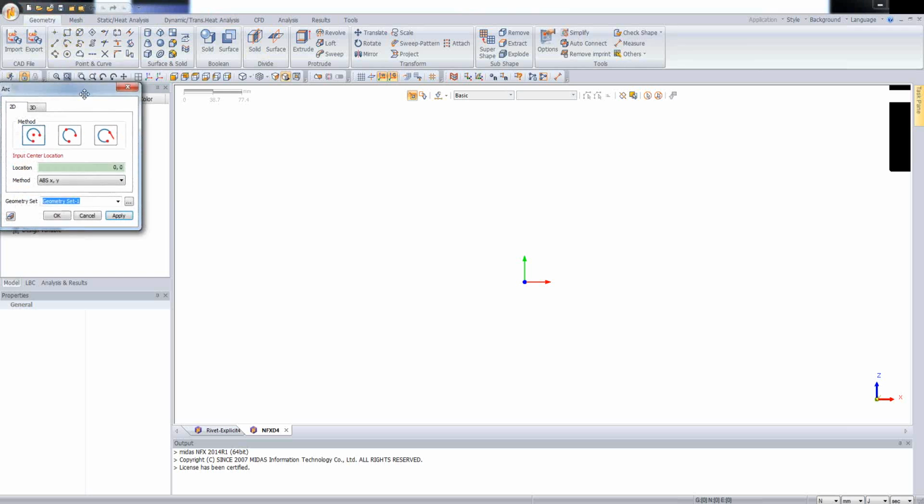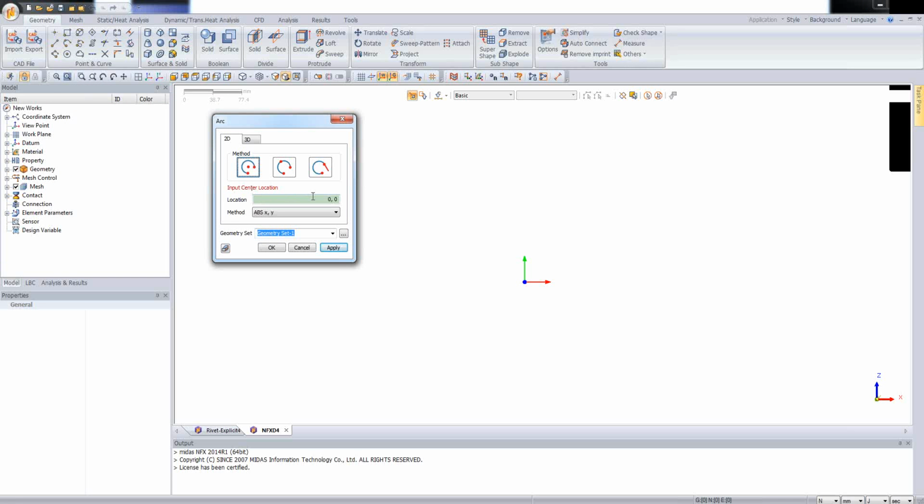So now I'm clicking on this command. I will use the first method, and let's input the center for my arc. In this case, let's enter the data 0, -4, and let's click on apply. And for the start location, I will change the method from absolute data XY to radius and start angle. So I'm clicking on this option and let's enter the value for the radius. This time will be 25, and let's start from the angle which will be equal to 270 degrees. Let's click on apply,